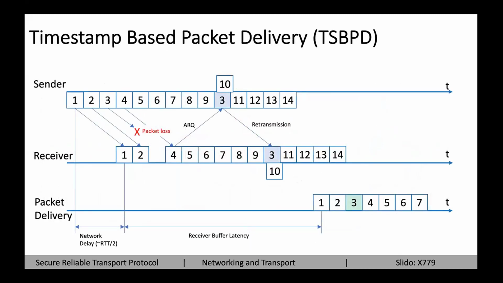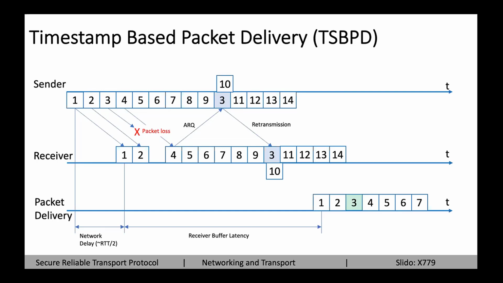This slide presents a mechanism used to keep a constant end-to-end latency in the live streaming mode. It is called timestamp-based packet delivery. Based on the packet timestamp, the receiver knows the time this packet is to be delivered to an upstream application. The receiver keeps the packet in its buffer until the delivery time has come. Knowing this latency, the receiver can try to recover a missing packet up until the delivery time of the next data